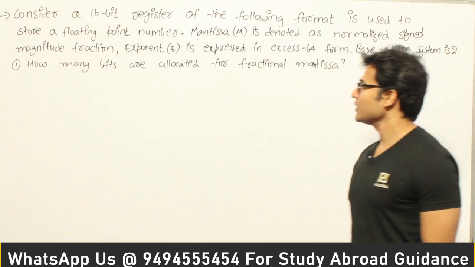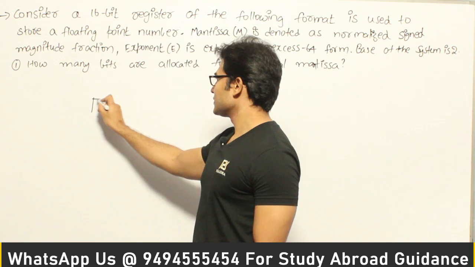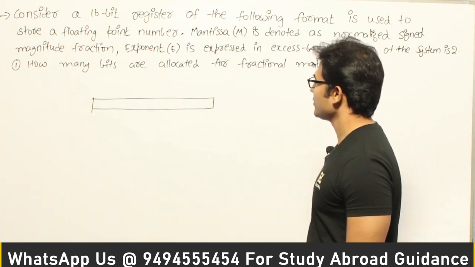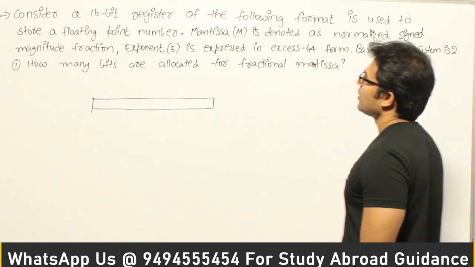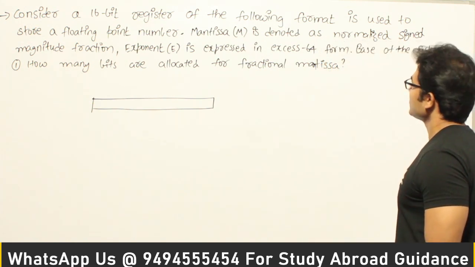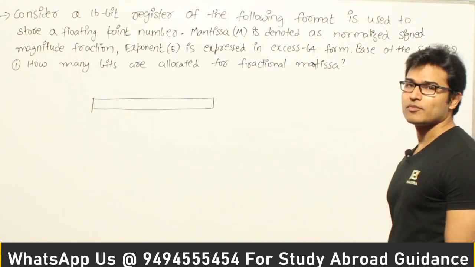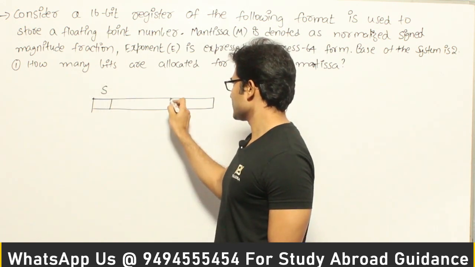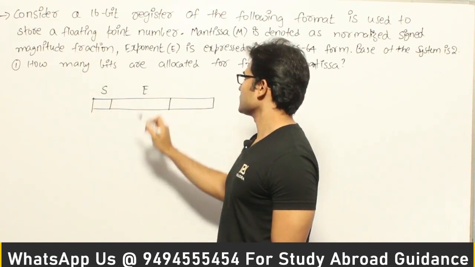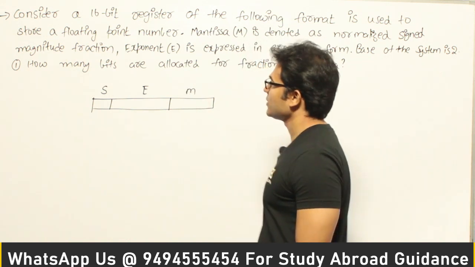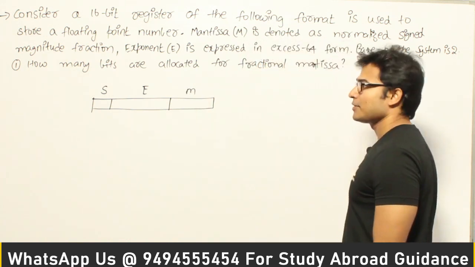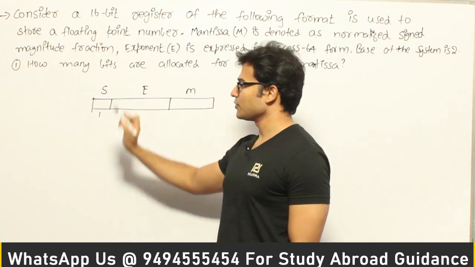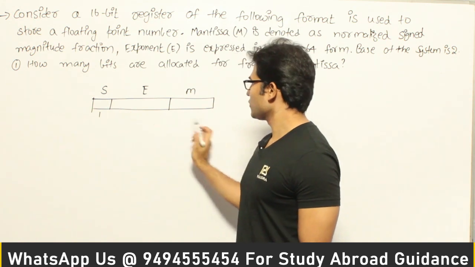That is asked. So what they have given is, they are saying that there is a 16-bit register which is used to represent a floating point number, and the mantissa is expressed as a normalized sign magnitude form fraction. So if we assume that this is the bit used for sign, this is the bits used for exponent, and this is the bits used for mantissa. Now they are saying that sign magnitude form is used, which means there is going to be a sign bit. So 1 bit is going to be dedicated for that, and therefore the remaining 15 bits have to be distributed between